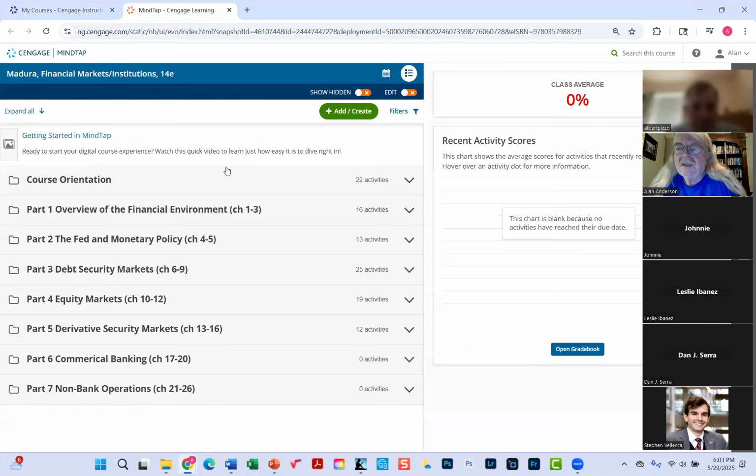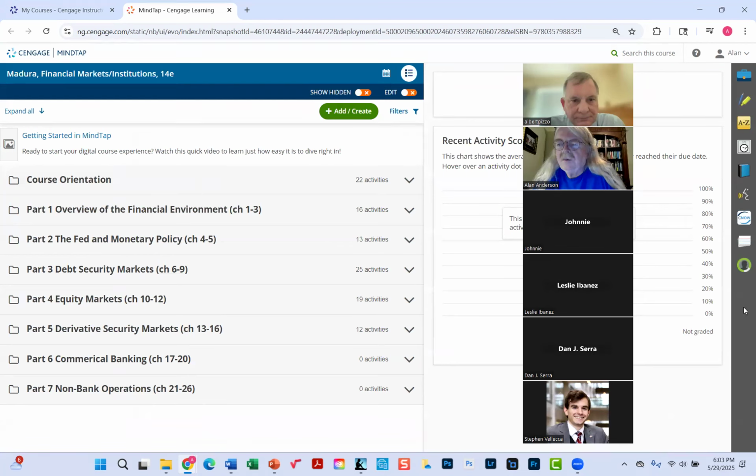and this is where you'll find all of the assignments as well as the exams. Okay, so in other words, since everything's being done online, this is how all of the assignments will be completed as well as the exams. So what you'll see here is a list of topics. These are the parts of the book. And before we even go to the assignments, if you come over here,